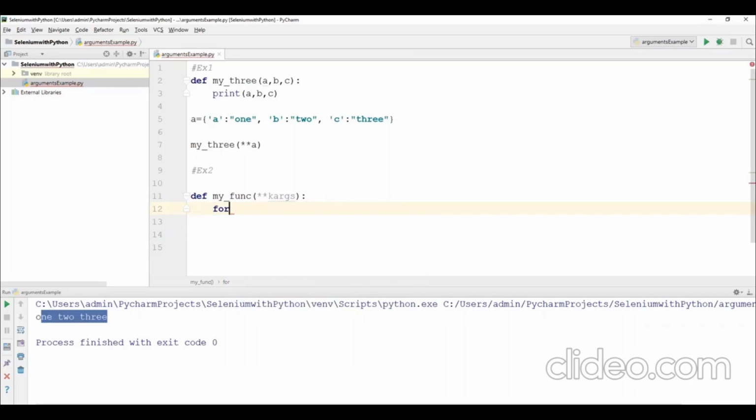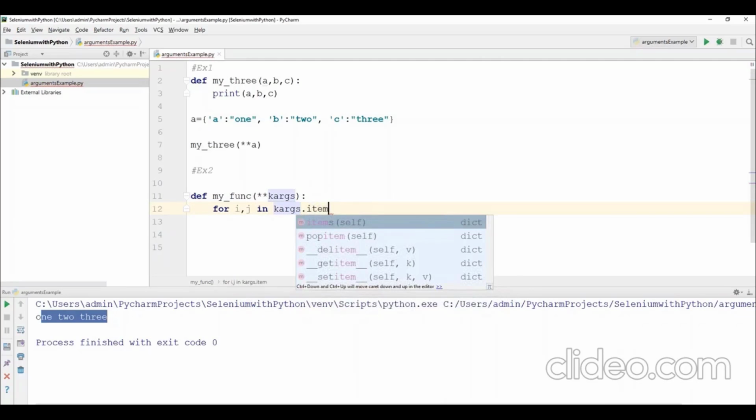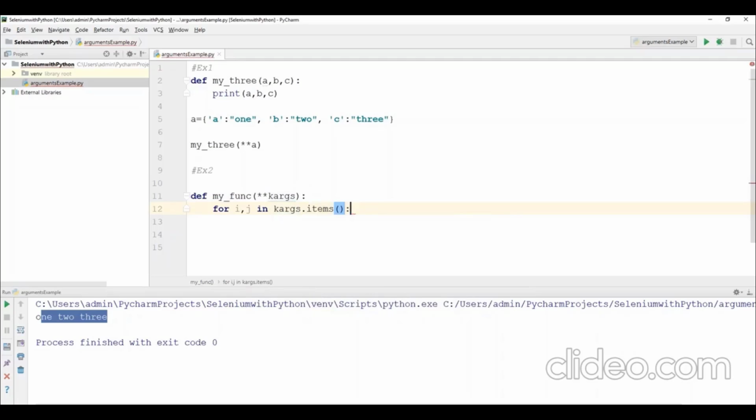Let's say for i, j, I'm taking two different variables, i, j in kwargs.items(), and this particular variable contains all the values. What it means is we will pass these arguments later. So key and value pairs will be assigned to i and j, for whatever key arguments items we have.